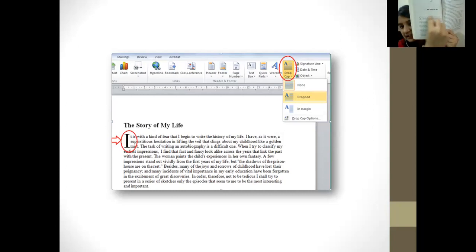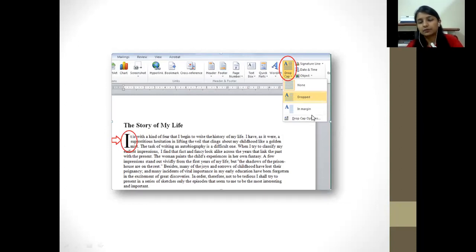That means the text should be starting from here, not from here only. It is starting from this area, leaving the alphabet area. This is the dropped option they have used for writing that document. And the third option is in margin.